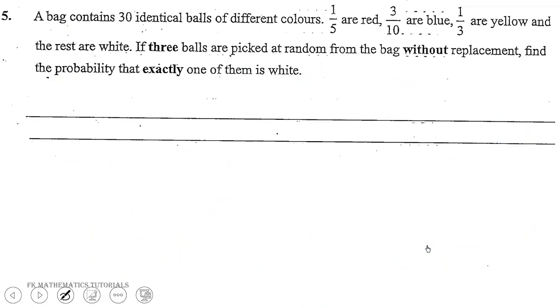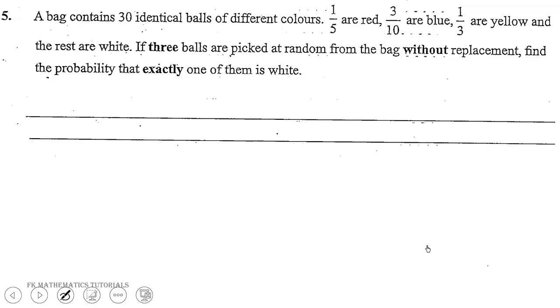A bag contains 30 identical balls of different colors. 1 over 5 are red, 3 over 10 are blue, 1 over 3 are yellow, and the rest are white. If 3 balls are picked at random from the bag without replacement, find the probability that exactly one of them is white. So let's find the number of sample space, or let's find the number of